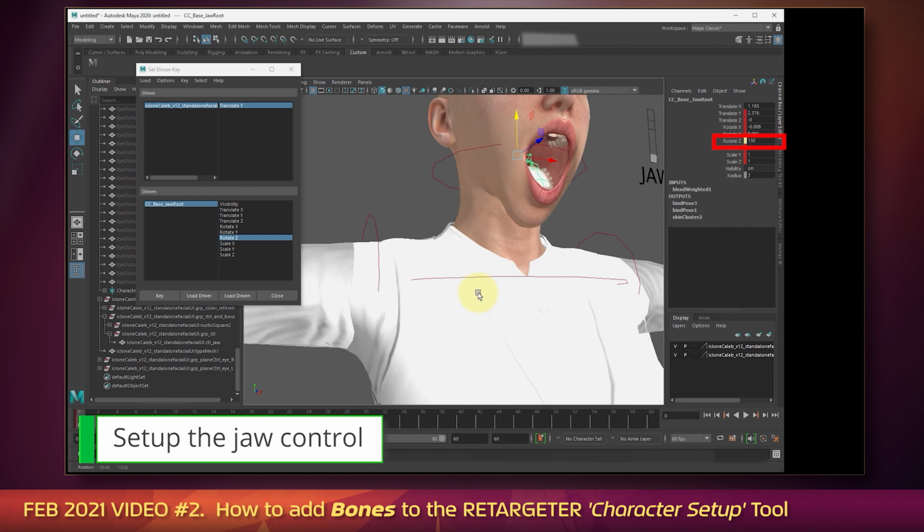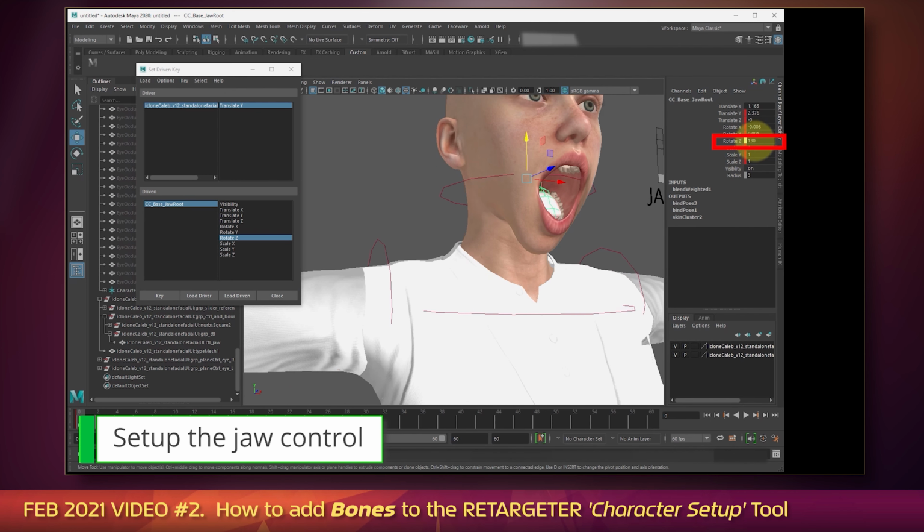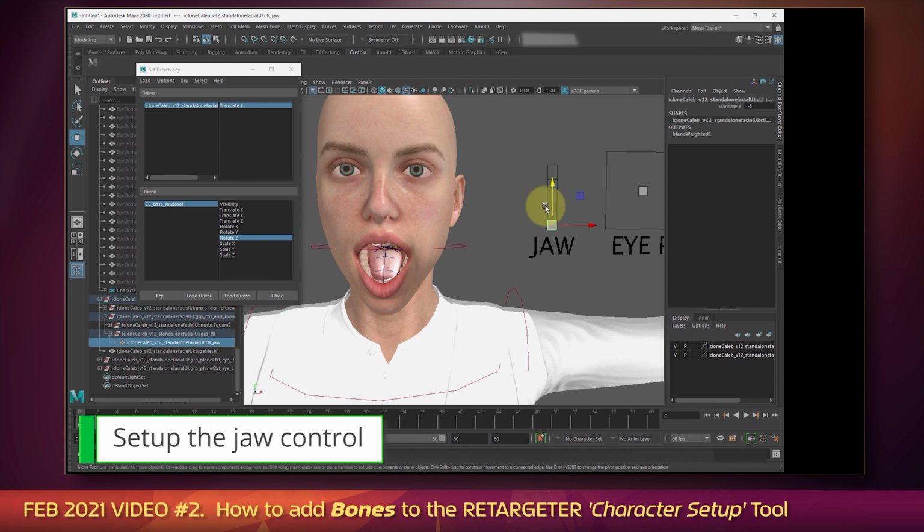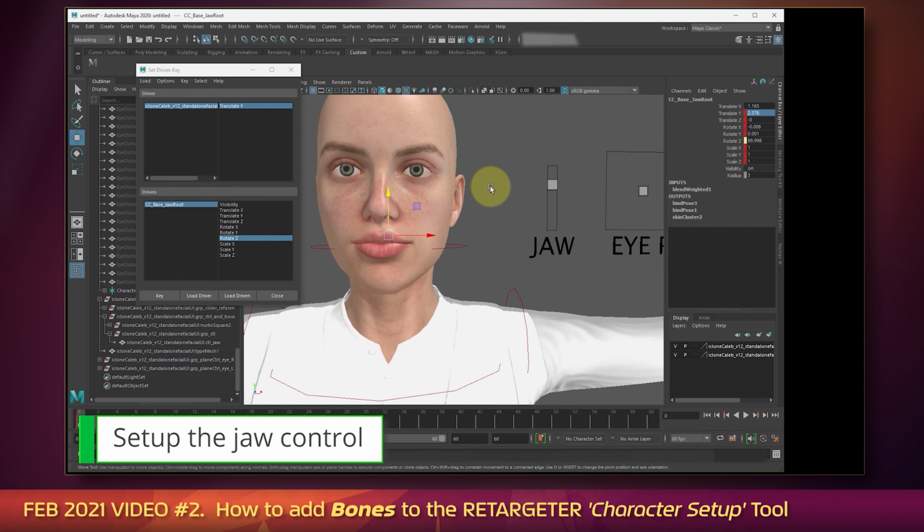so that we don't want to go too far, but at the same time, you also don't want to go too narrow because that's going to screw up various things. Okay, so that looks good, and I'm going to set a key there. So now when I am moving this, that's now connected, and if I zero that out, it's going to zero it out. So before I'm done with the jaw completely, there's one more thing I need to do,